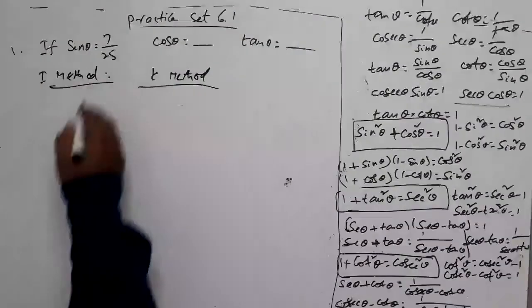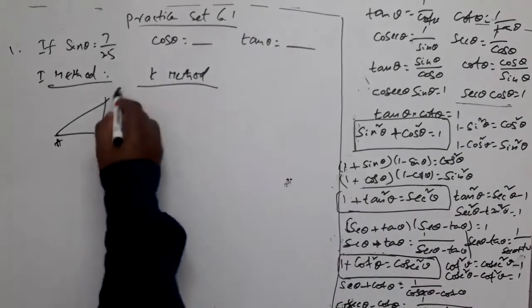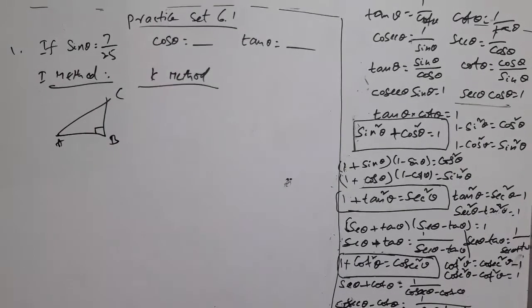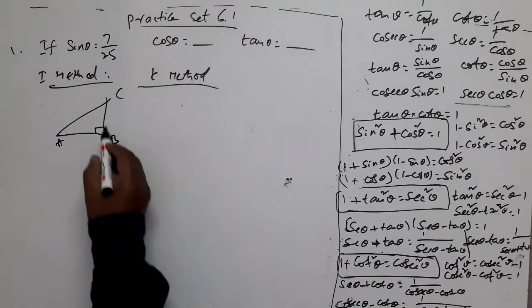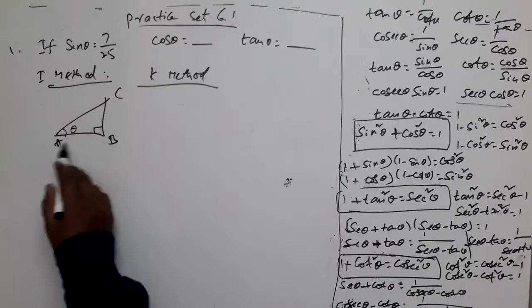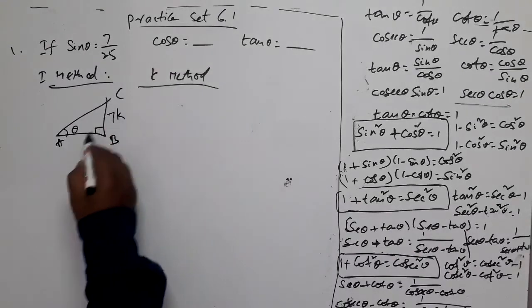See, let us consider a right angle triangle. Let us say ABC. Right angle is at B. What is sin theta? Opposite side by hypotenuse, right? Let us say this is theta. For this angle theta, this is opposite side, this is adjacent side, this is hypotenuse, right? Opposite by hypotenuse,